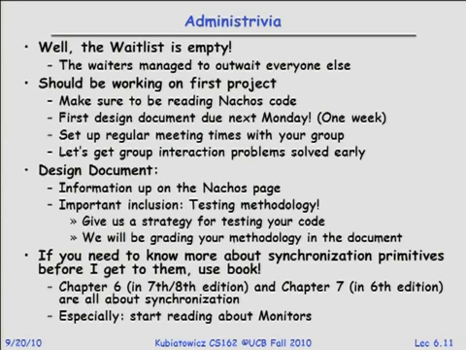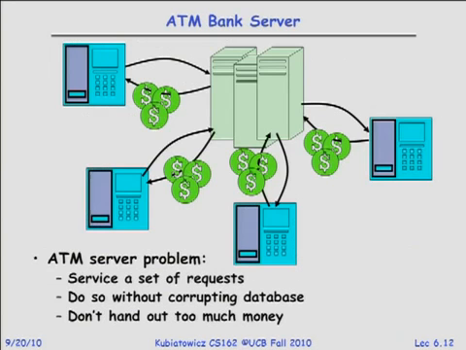Good. Okay. So let's talk about synchronization now in more detail. So here's a bank server. Now these are actually ATM machines, even though they sort of look like phones. Use your imagination. So notice that there's some central bank computer somewhere, and all of these ATMs are basically putting in requests for money and getting requests out, and somehow you've got to let them work in parallel without corrupting